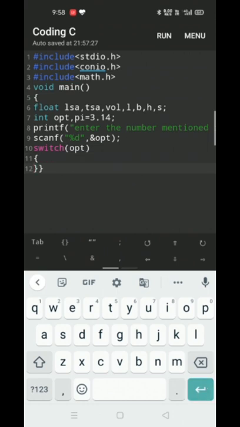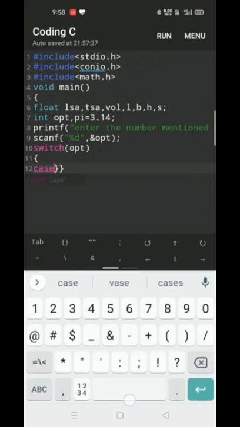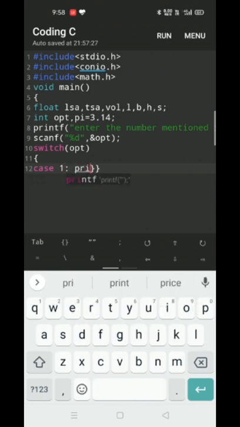Then case 1. As we need to know the side of the cube, we are asking the user to give the input of the side of the cube.